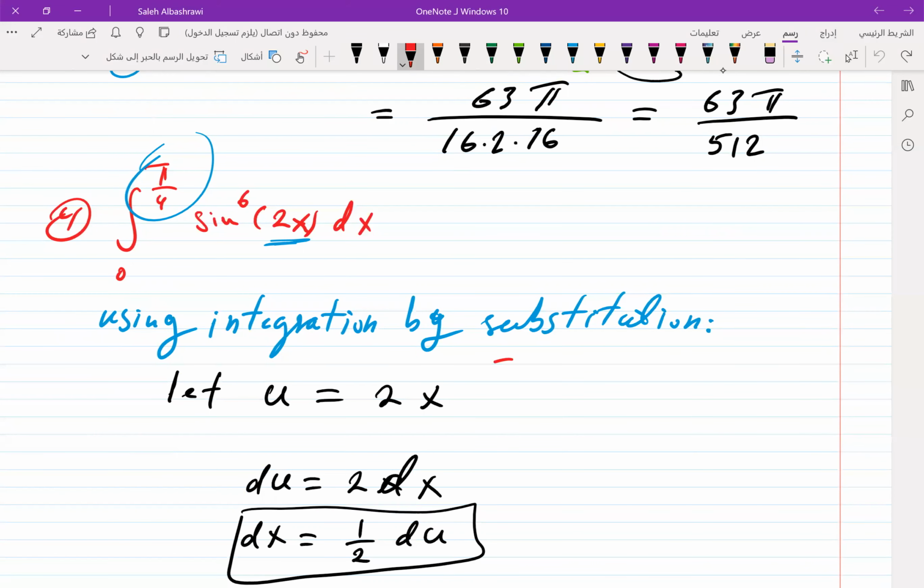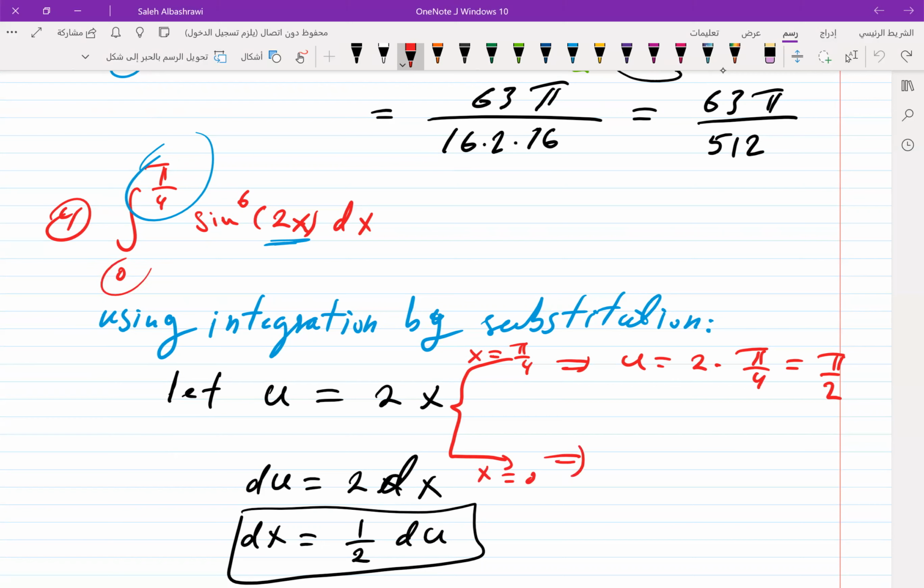If x equal to pi over 4, the upper limit, then I will have u equal to 2 multiplied by pi over 4, which is pi over 2. Now if x equal to 0, which is the lower limit, this will give me u equal to 2 multiplied by 0, which is equal to 0. So these are now the new limits, 0 and pi over 2, which means the integration now will be equal